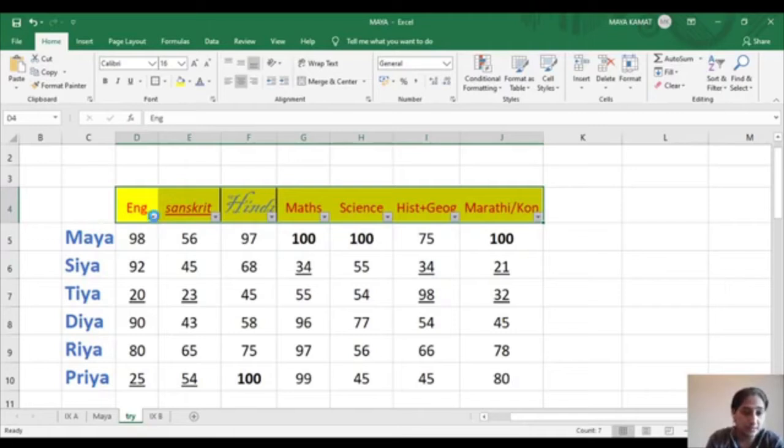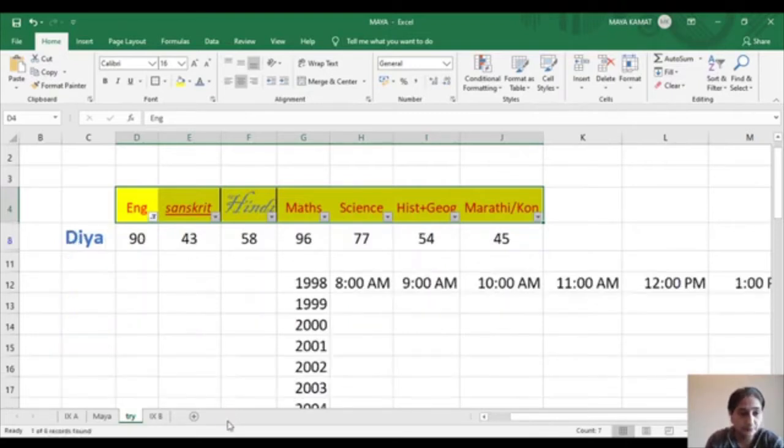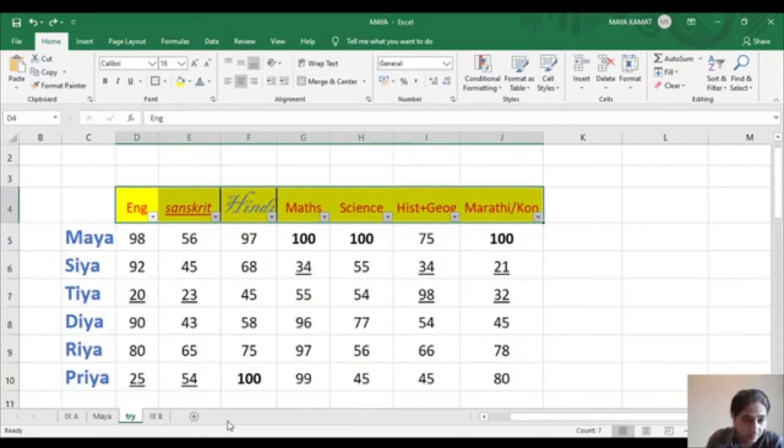Now, let's say in English, I want all children who have scored marks around 90. Okay, I am not selecting all. I want only that child who has scored 90. Can you all see the change now? Can somebody tell me what has happened? Yes? Teacher, can you explain one more time this? Yes, I am showing it one more time. See here. The moment I have selected all the subjects, I went to, please mute yourself dear.